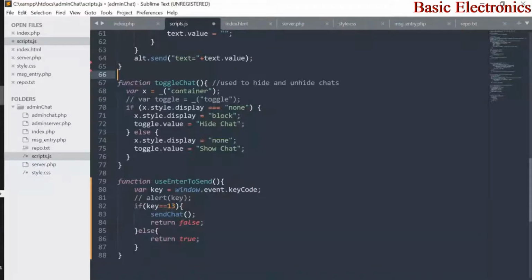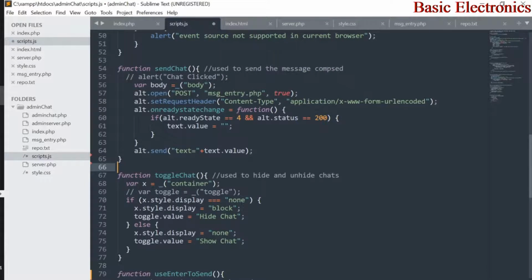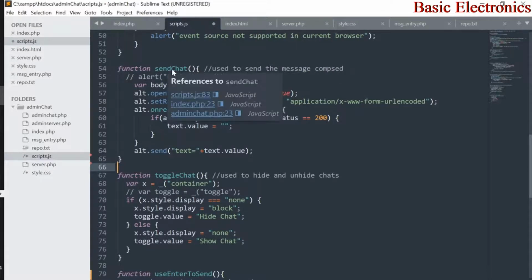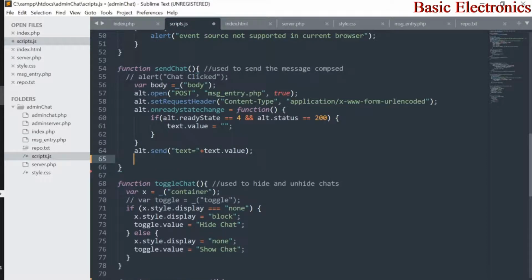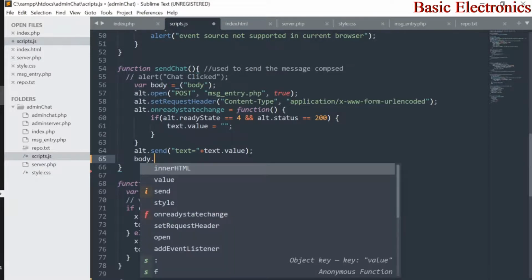We go back here and we're going to say when a message is sent, so at this point our chat is sent, the value is appended to the text and submitted. We want to scroll at this point. So the function we're going to call now, we can create a new function or we can just add it right away here. We can take the body, this variable here, and use it to scroll. So say body dot scroll to,